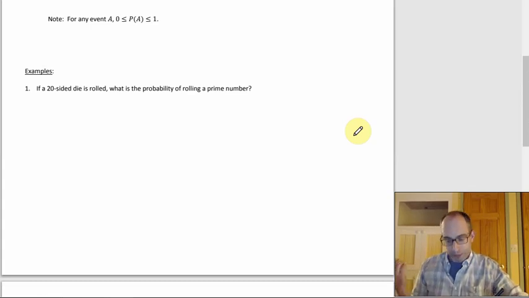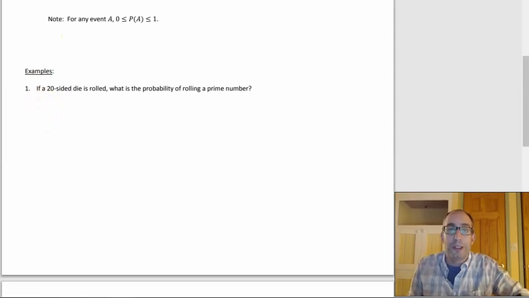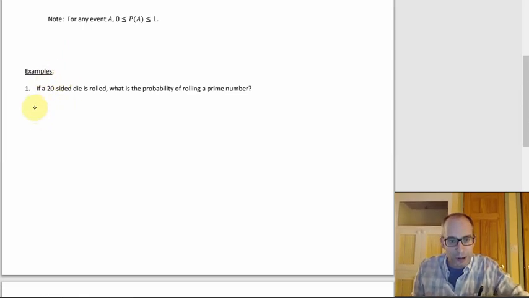Okay, well, then based on the formula up above, the thing that we really want is we want to know the number of prime numbers between 1 and 20, right? And then we can just say, okay, that's our numerator, 20, the number of outcomes in the sample space, that's our denominator, and that should do it, right? So then we got to figure out the prime numbers between 1 and 20 and then just count them up. I think that's the best thing to do. So the prime numbers